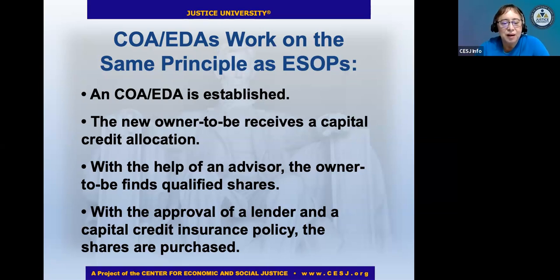And as we were saying, it doesn't require that any person be a genius at investing, a managerial guru or anything else. We want to encourage every citizen to become more educated in terms of ownership and economics and finance, but this will open up a field of financial advisors to help people determine which of the qualified shares would be best to purchase. So there's already that idea of qualifying before people have something to choose from. And this will also bring in the idea of capital credit insurance.